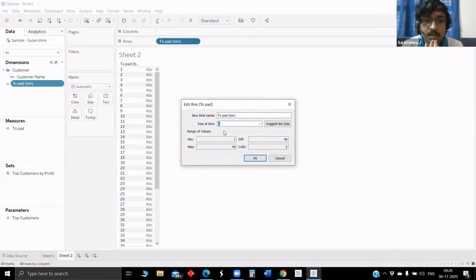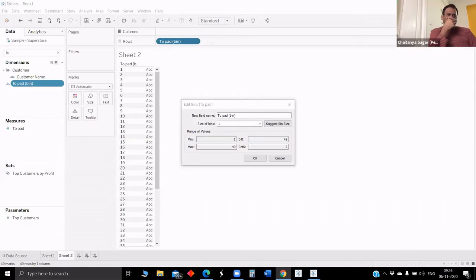I think this bin is something like a frequency distribution, right? For 1 and 49, there might be the number of 1s and the number of 49s present in the data. For the remaining numbers, from 2 to 48, I think the frequency will be 0. And this number from 1 to 49 is what we get in the previous sheet, I believe, where we have used the two pad bin. I think the bin size is 1.